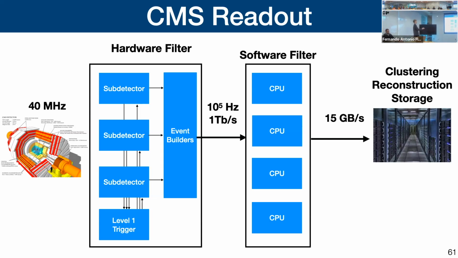Then you put the events that survive into a big computing center that has a lot of CPUs. And then you can use software to do much more detailed analysis to really select the events that are of most interest. And those are the ones that you forward into your final computing center. There's an interlink here that has 15 gigabytes per second bandwidth. So you have to make sure everything fits in those 15 gigabytes, right? Offline, you can group hits together into clusters, you can reconstruct jets and tracks, and you store them.